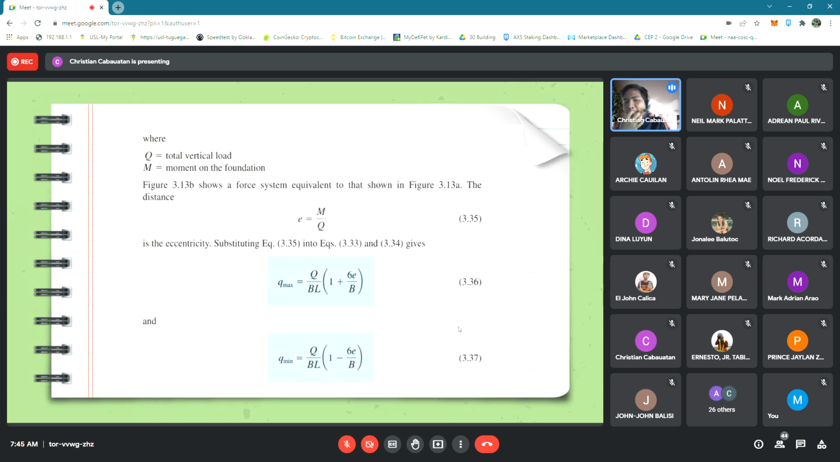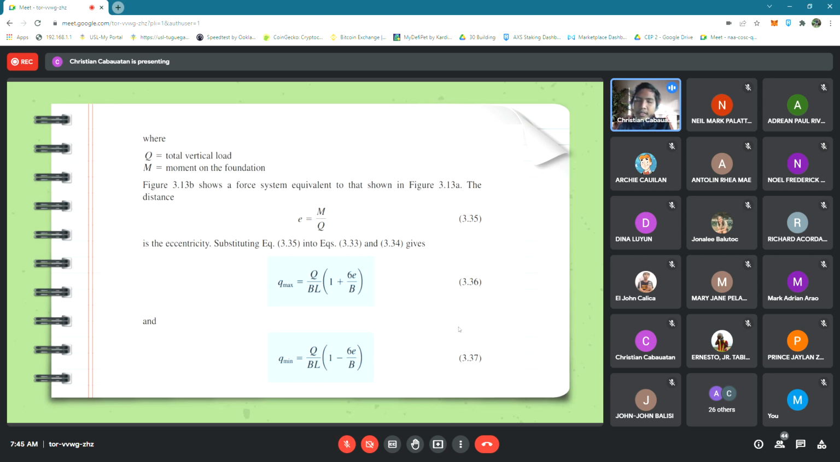Okay. Wherein, the Q there, no? Yeah, this is the total vertical load that was applied in the foundation. And the M, it is the moment on the foundation. Okay? For the figure 3.13b, no,